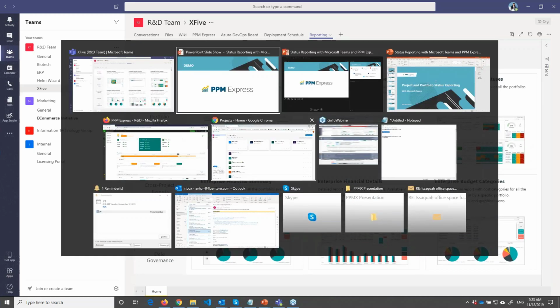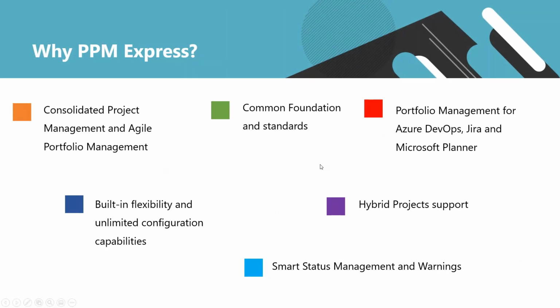Okay. Very quickly, we go back to our presentation. So, a summary for this demonstration. We personally and many of our customers see the benefit when we integrate everything into one place, and in this case, in Microsoft Teams. And we found that PPM Express provides that aggregation and that big picture view of all the work, and it provides a common foundation for the project management organization. It provides a standardized structure. It supports both agile and predictive or waterfall. It supports hybrid projects, and by combining all that together and combining with Teams,